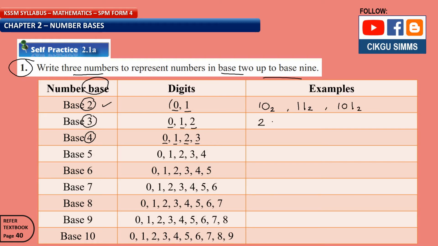You can write 211 base 3, 2000 base 3, or even 21100 base 3. And for base 4 you can write 213 base 4 or 3 base 4,